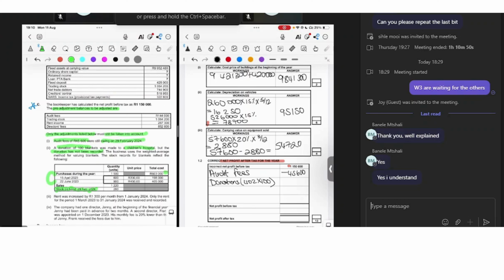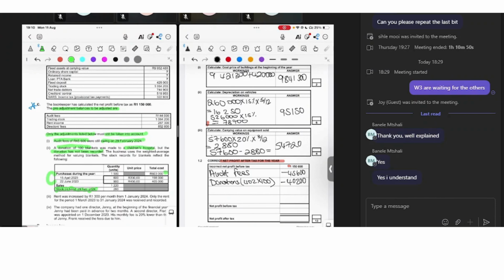So guys, type in the chat, do we add or subtract an expense from our profit? Plus or minus? Subtract. We subtract. That's correct. So we need to minus the amount we'll get here,